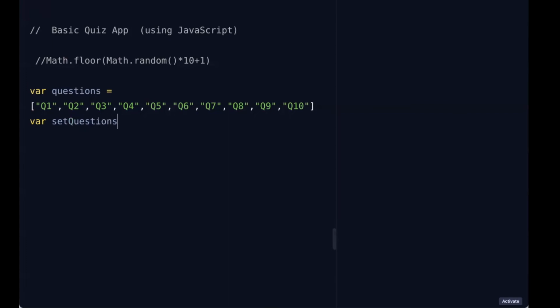Questions, right? Which is going to be equal to another array, but this time the array is going to be empty. We will automatically select questions from here and slot them inside this array, right? Okay, so now that we have our set questions variable ready, which is an array, now we can start by